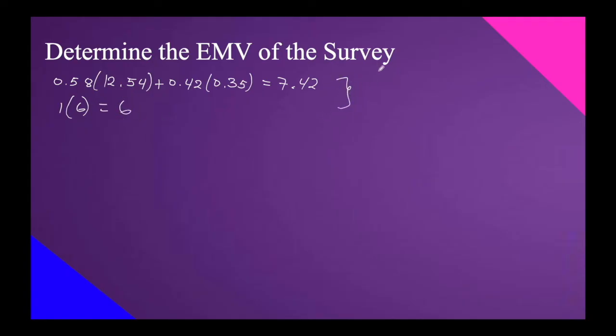So, pipiliin natin for the max EMV of survey. So, max EMV ng survey: 7.42 versus 6. Basically, this is 7.42 rin. Okay? So, meaning, guys, what is the meaning of this? 7,420, since these numbers are all in thousands of dollars. We have 7,420